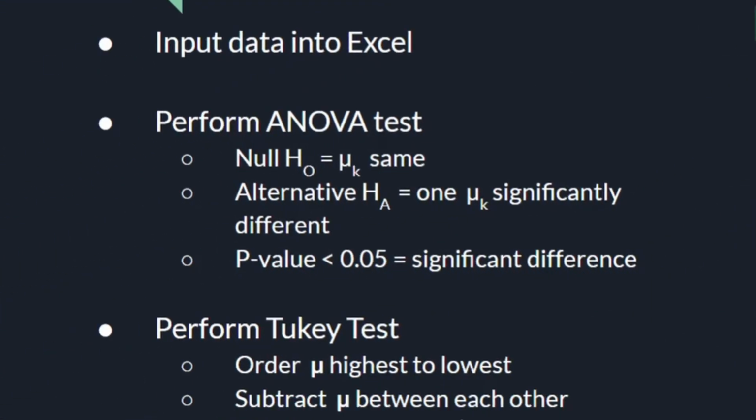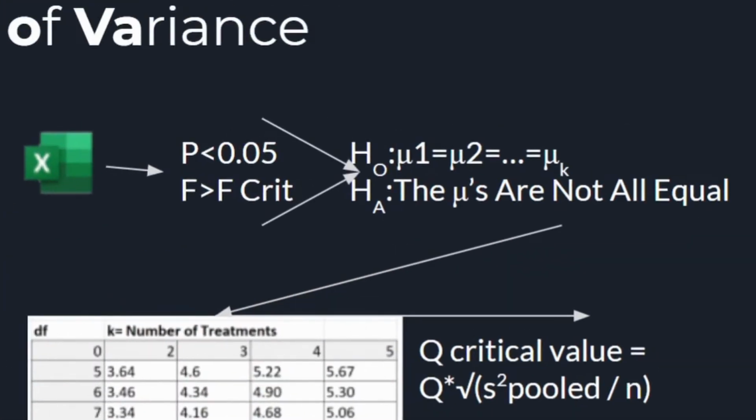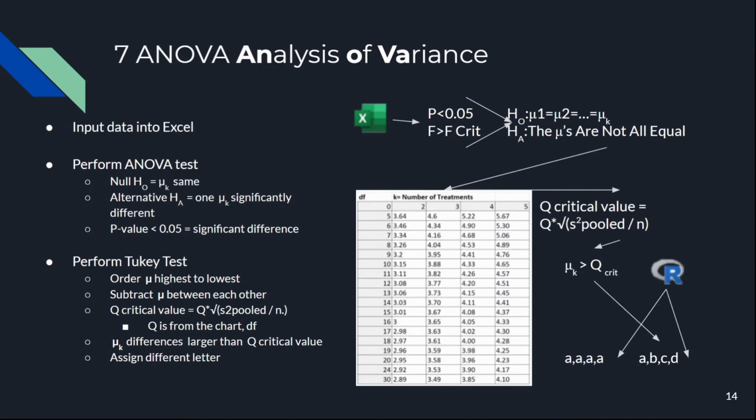Our null hypothesis is that the means of each sample are relatively the same, whereas the alternative is that at least one of the means is significantly different. If the ANOVA results show that the p-value is lower than 0.05, or if the f-value is higher than the f-critical value, we can reject the null hypothesis and instead accept the alternative by saying that one of the means is significantly different. However, the ANOVA test doesn't tell us which mean value is different, so we need to do